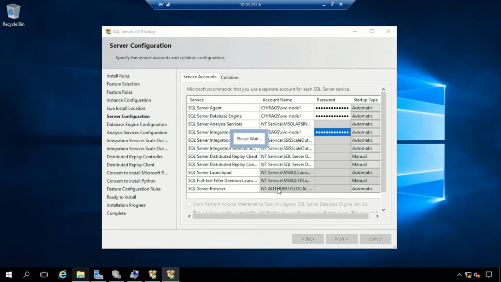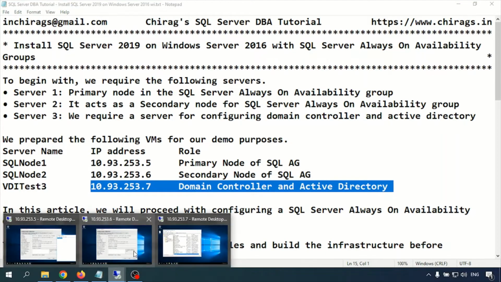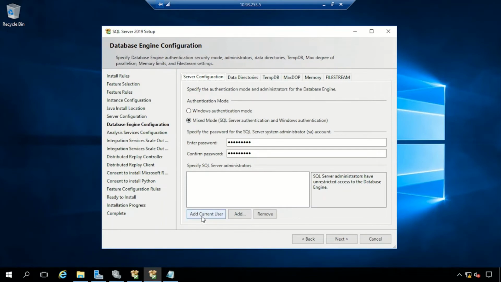Going to the next. Now specify SQL Server Administrator. I'm adding the current user. Go to the next,